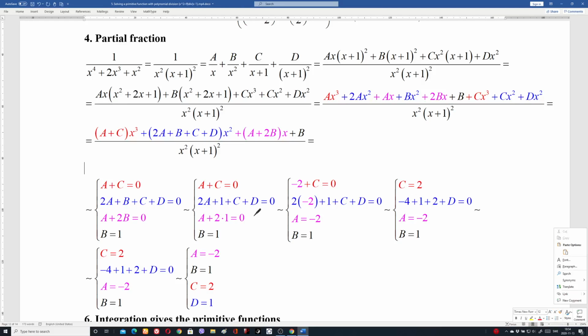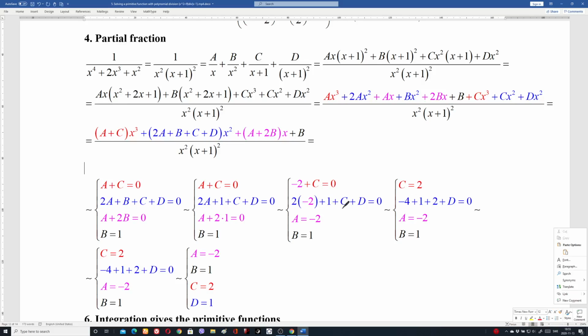So now we will put, instead of b, 1, we have a 2 multiplied by 1. And we should continue to calculate even here. When we have a 2 multiplied by 1 is the plus 2, and this 2 goes in another side, which means the minus 2. Okay, this one in another side will be minus 2. A is equal minus 2. So here we have a 2 multiplied inside parentheses minus 2. Okay,